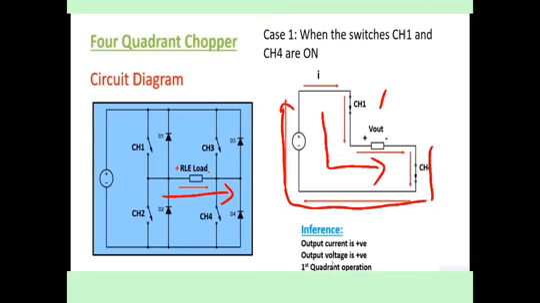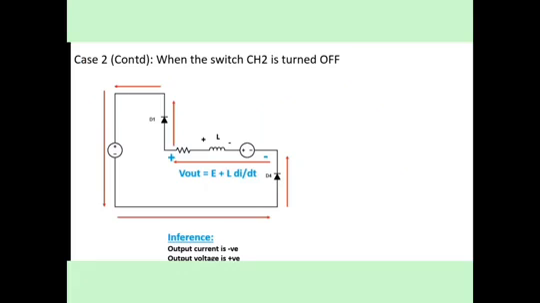We know that if the direction of the power is positive, it will be in your first quadrant operation. The direction of your current and voltage is positive, so your output current is positive and your output voltage is also positive, and this is first quadrant operation. Now for case 2, when the switch CH2